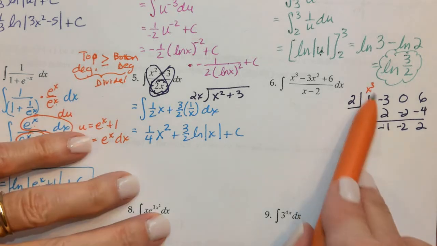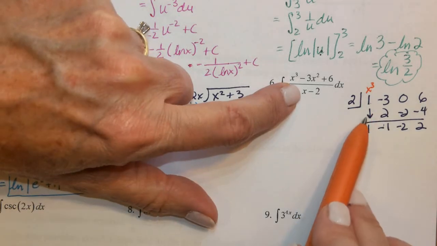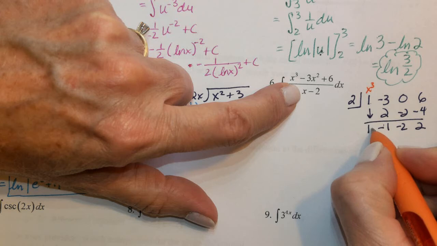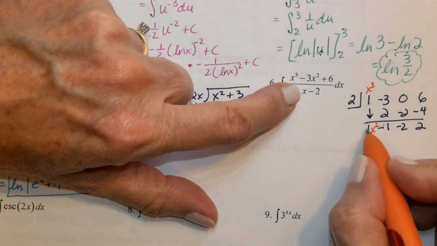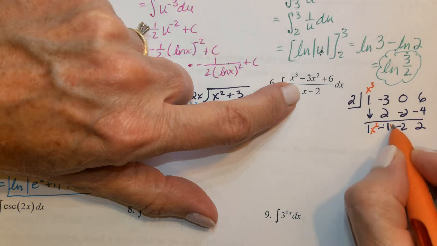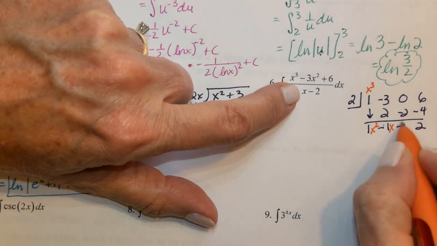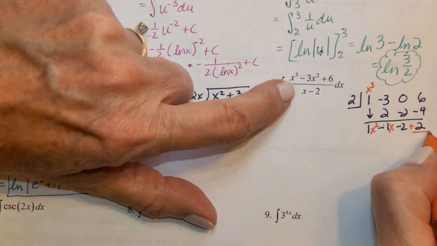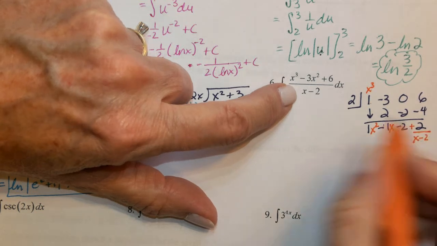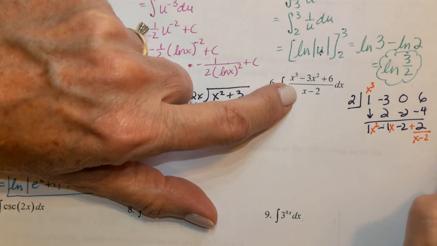We started with an x cubed and we divided out an x. So this will be an x squared right there. That's the coefficient of the x squared. This is the coefficient of x. This is our constant. And this is our remainder, which we always put over the divisor, the x minus 2,